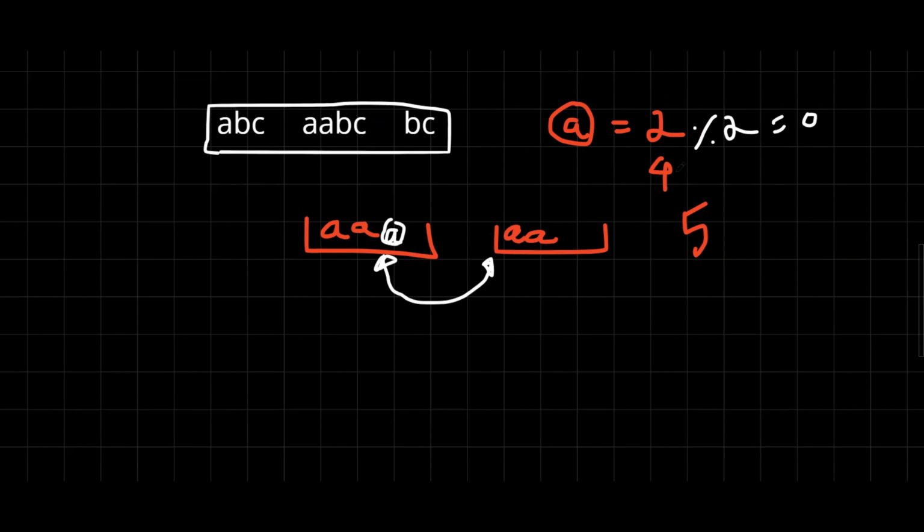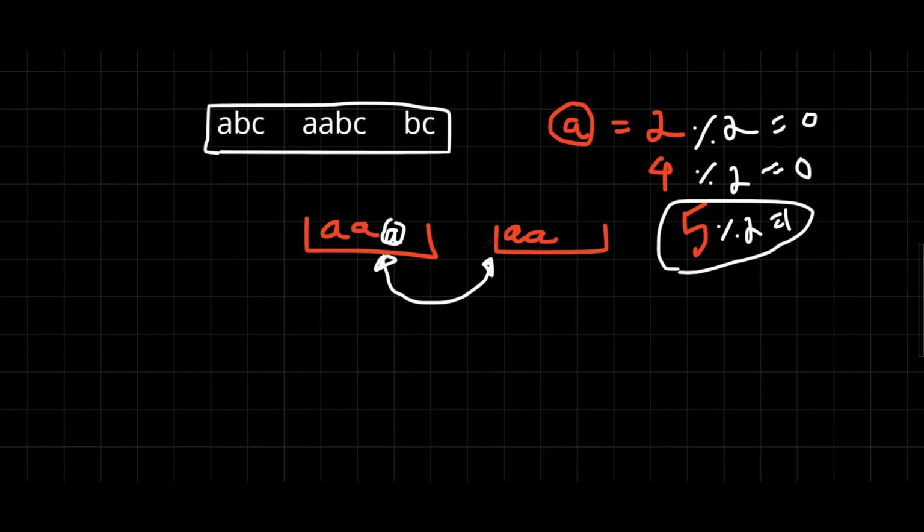Now, if the frequency of A is 4, in those kinds of cases, the remainder of 4 and 2 will be 0. But if the frequency of A is 5, the remainder of 5 and 2 is 1. So here, it is not possible to make the strings